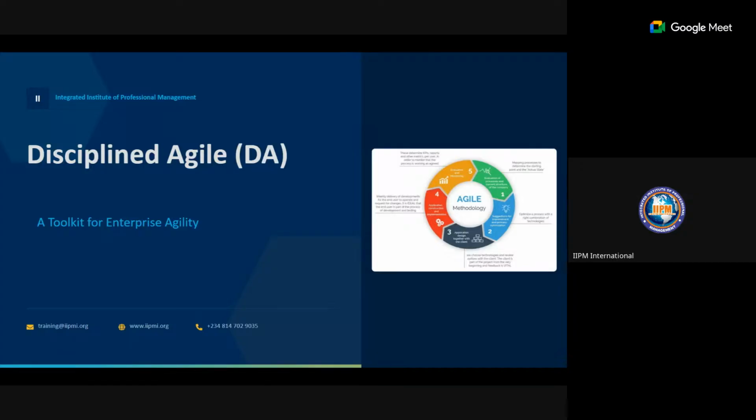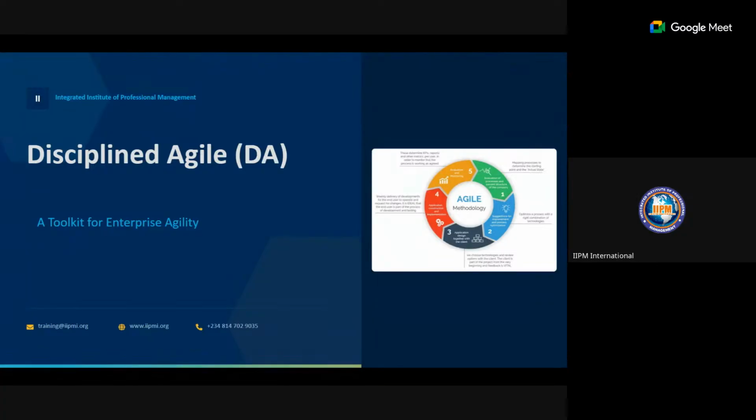Now, some of the things we discussed might not be completely understood, we cannot say you understand it perfectly, but like I said, with continuous practice and continuous learning, we will keep understanding it the more we go. My joy is that in this conference, you've been able to learn about Agile. Let me ask, is there anyone for whom this is your first time going through Agile? If this is your first time, just type Agile in the chat room. Okay, that's very beautiful.